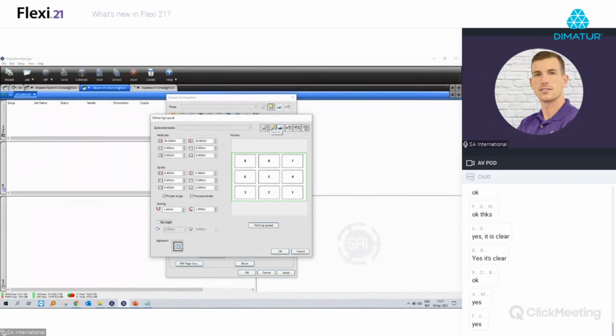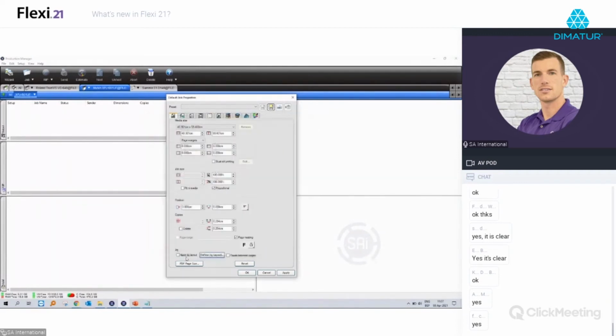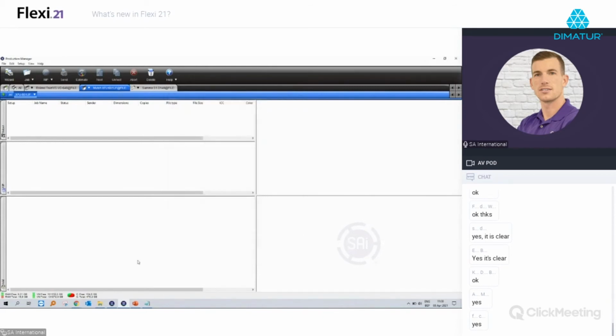Most important is we can save the jig layout. So webinar, for example. Now the layout is saved as a jig preset. Press OK. And in the default job properties, to apply the jig layout, make sure you have the checkbox Apply Jig Layout on. So what I want to try is